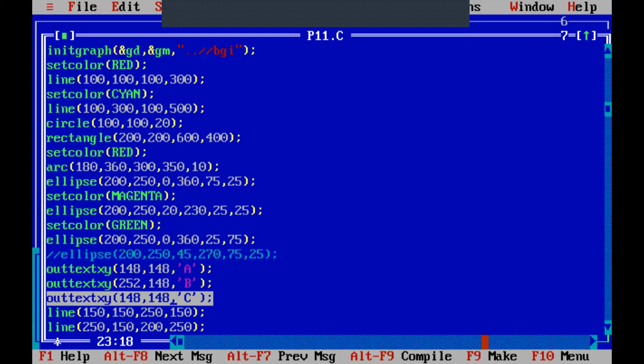So I will have 202, comma 250, so 252. Okay, so that is your C point. This is how I can give the name.